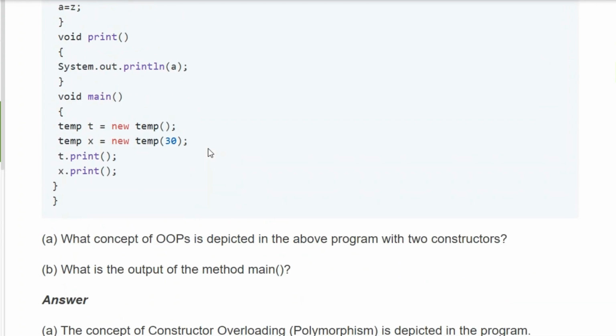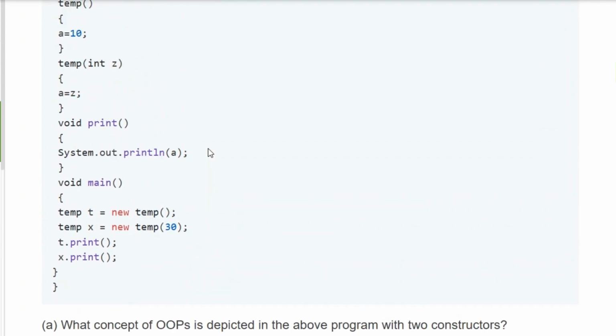Output of the main method. What will be the output of the main method? Temp t equal to new temp, temp x equal to new temp 30, t dot print, x dot print. t is the object, dot print. Print means where the print is here. Here is print. System dot println a. a equal to,